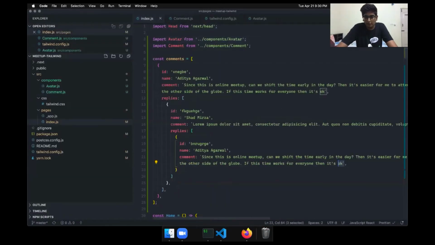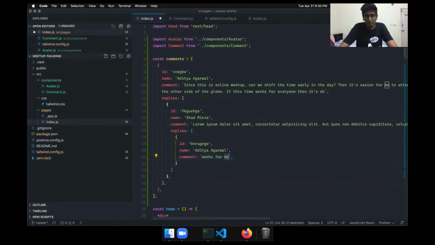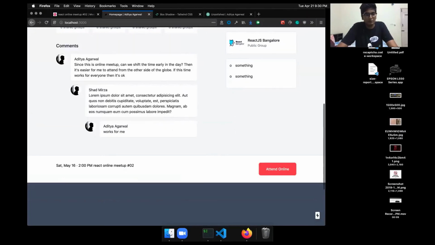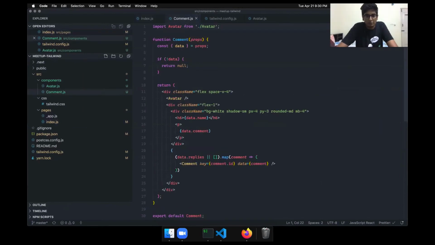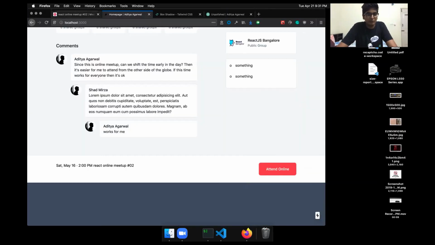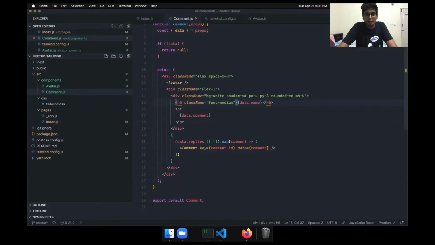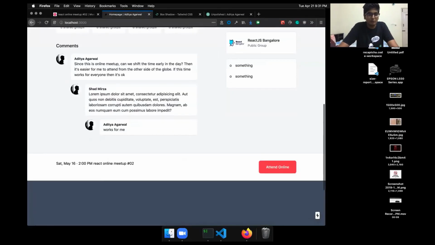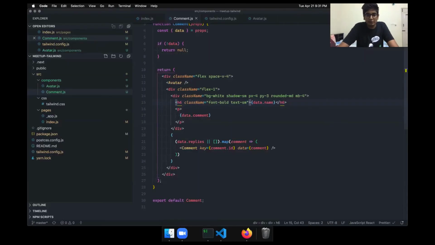Just say, to get a variety of things, let's just say works for me. And we forgot to style this, so let's just style the h6. So last name, font medium, and I think for this let's do font bold and text SM. Similarly, text SM for the p tag.